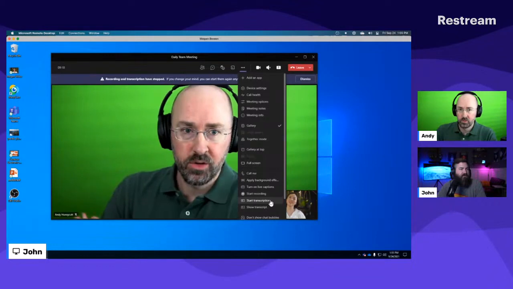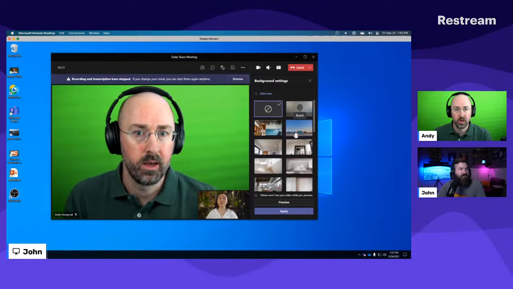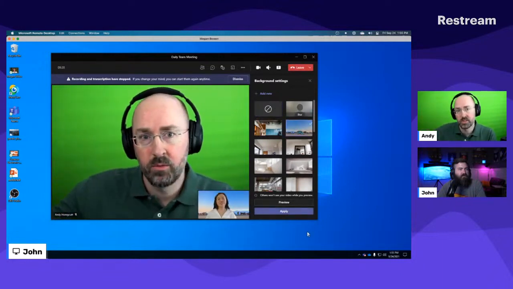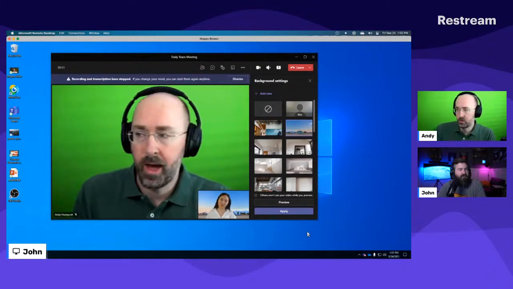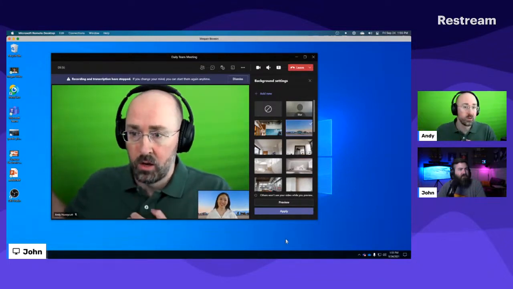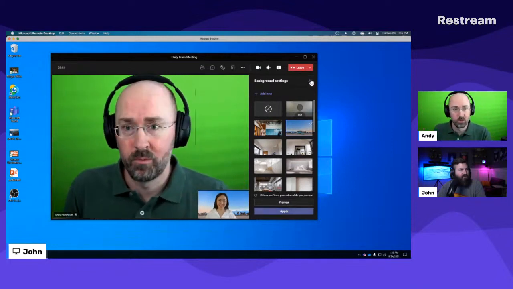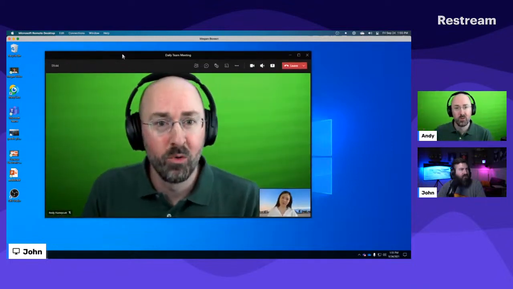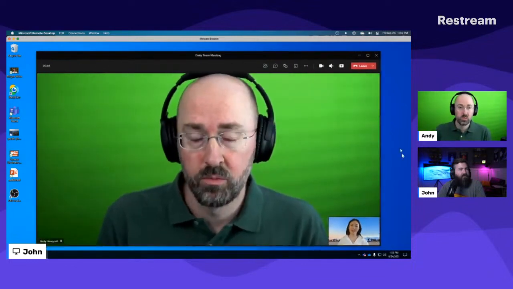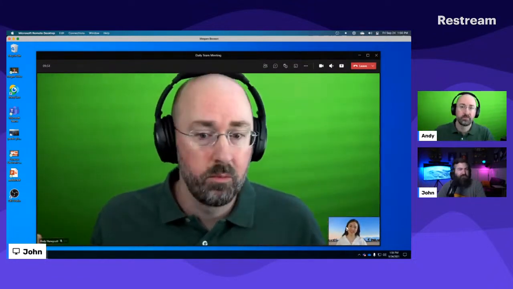If you don't have a green screen, just a solid color, put a sheet behind you if you can, or put your back to a wall with like flat paint, little things like that. That's a free hack, and that can work really well to give you that same effect. So you don't have to have a green screen. I got this one at the beginning of the pandemic because they were sold out. Paid a little bit more for it, but I use it for a lot of the trainings where it just needs to be me, and you don't need to see what's behind me.